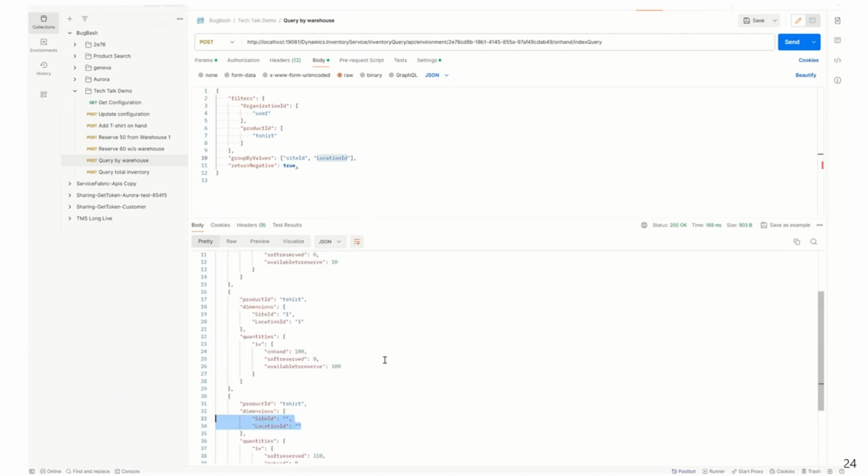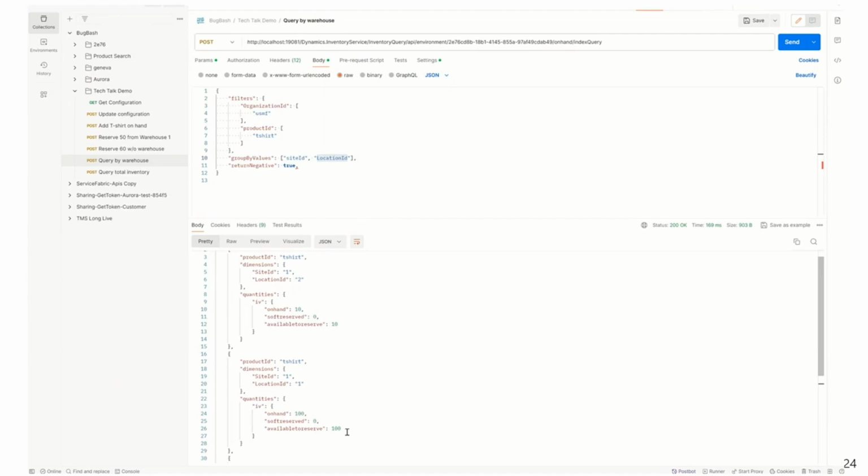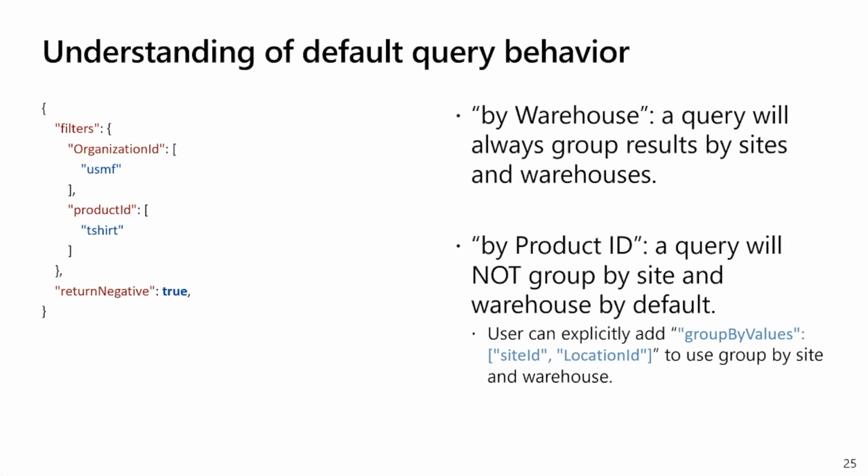As we see in this case, we have three different entries of the result. The first two are for the on-hand for warehouse 1 and 2 correspondingly, and the last one is for storing the temporary results of making a soft reservation without warehouse. A slight difference to notice here is that the default query behavior changes after we switch around the data